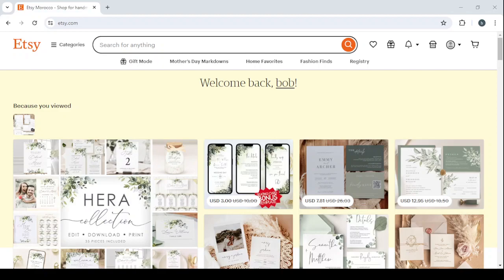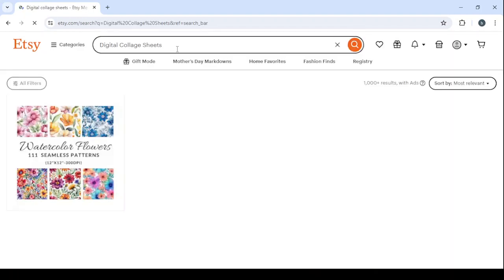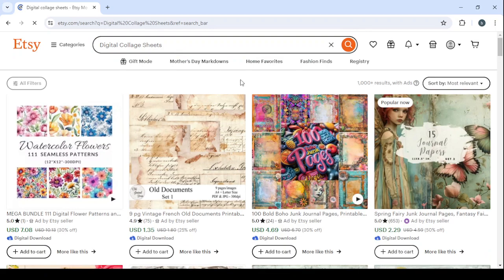In today's video, I'm going to take you in a step-by-step tutorial on how you can make money by selling digital collage sheets on Etsy. So let's get started by opening Etsy, then go to the search to see some examples of the product that we will be selling. So here type digital collage sheets, and you will be able to see a lot